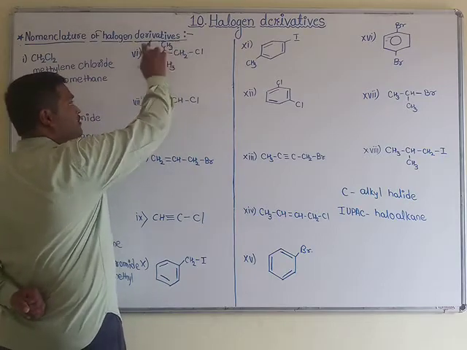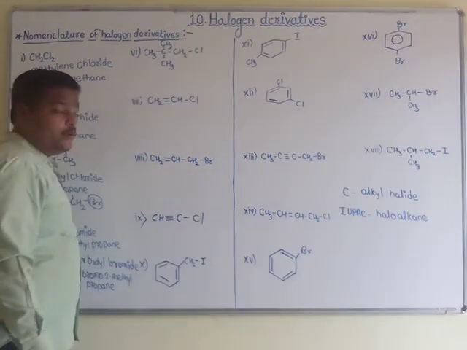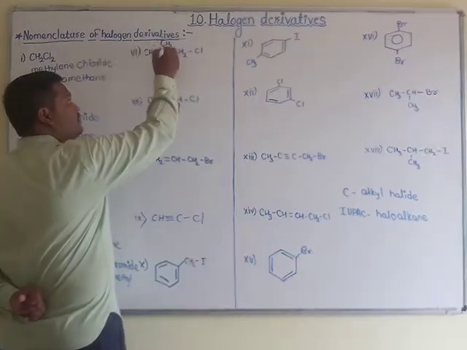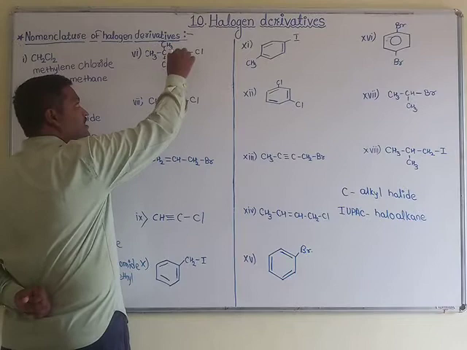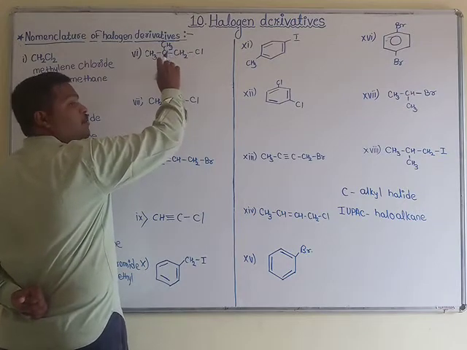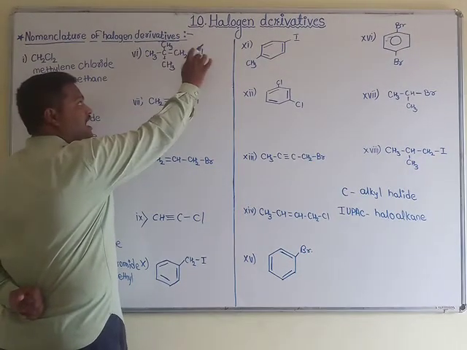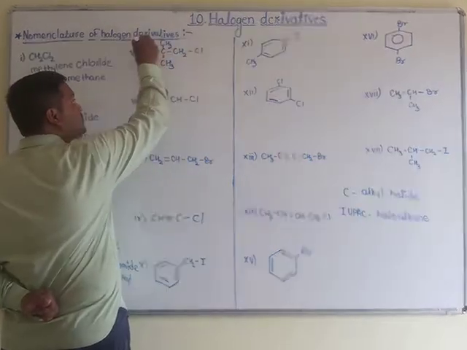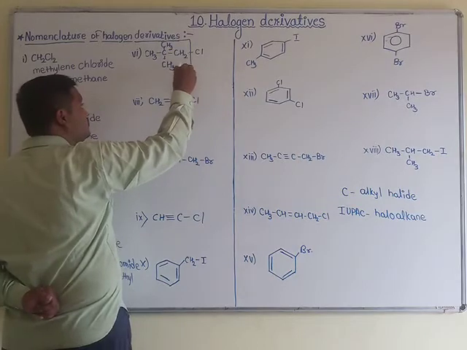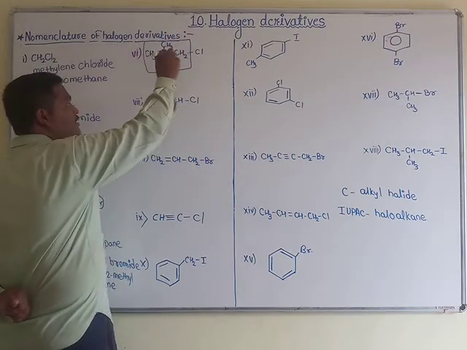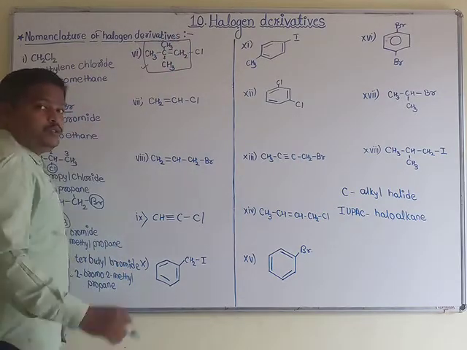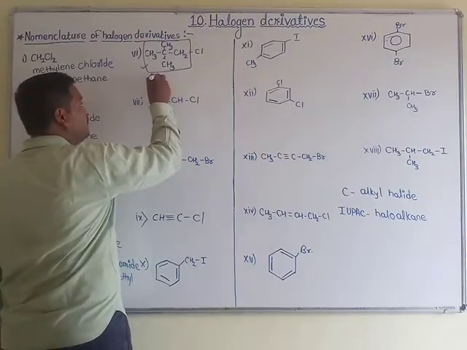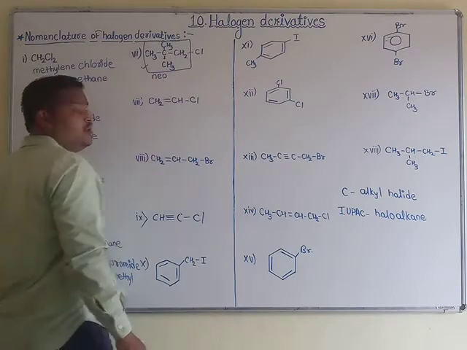Here, how many carbons are present? A total of 5 carbons are present. And when the central carbon is directly attached to 4 carbons and one of the side carbons is attached to a halogen atom, this structured compound which I marked here is known as a NEO compound. NEO, yes, to give the common name, the first prefix used is NEO.